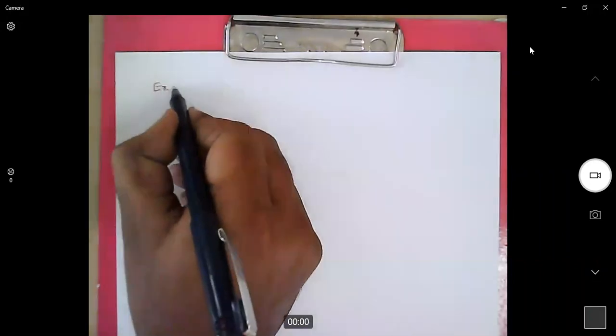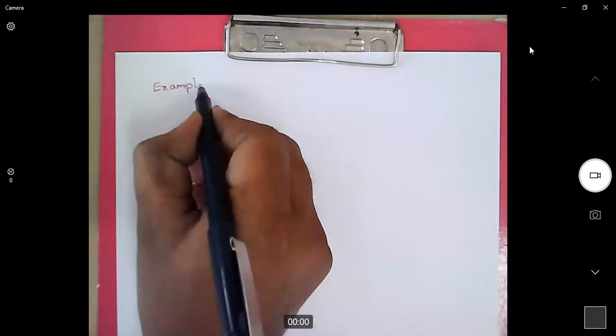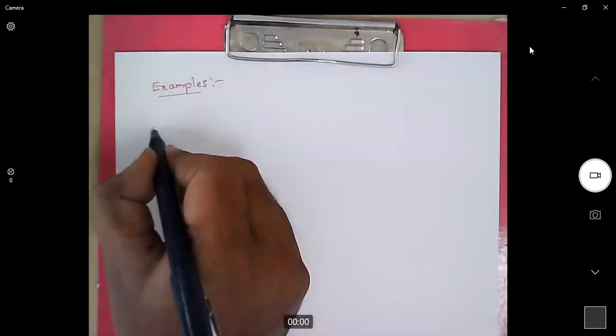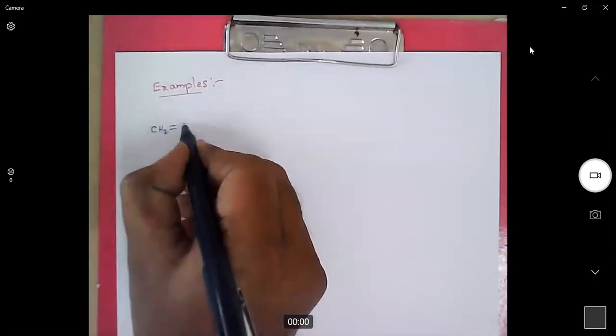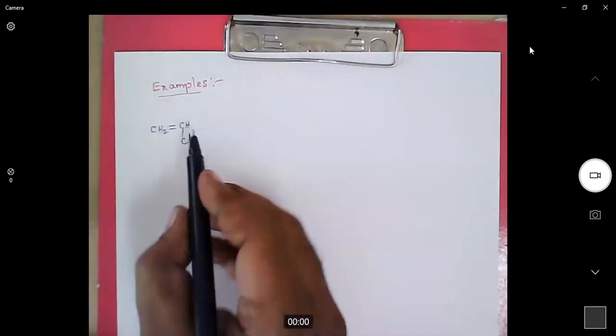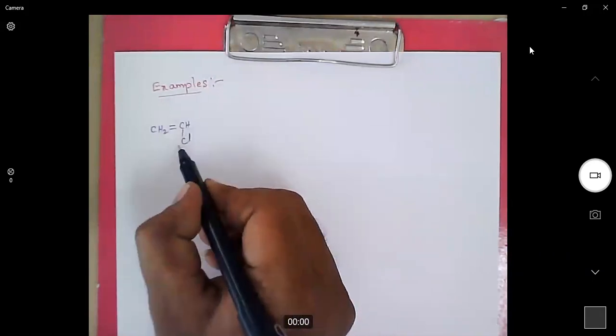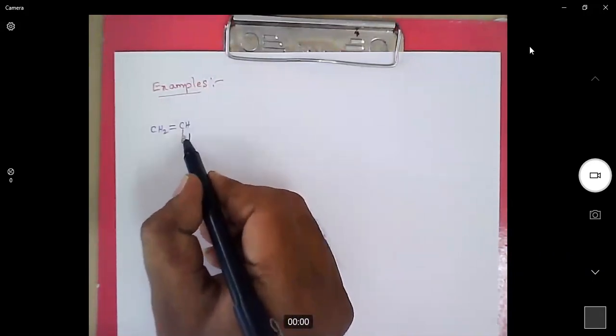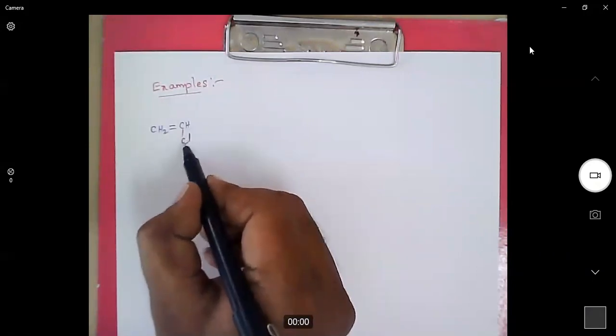Please take some examples for radical polymerization molecules. For simplicity, I am not writing the substituent here. In the polymerization, we have written Z here. So I'll write whatever the substituent is like this.